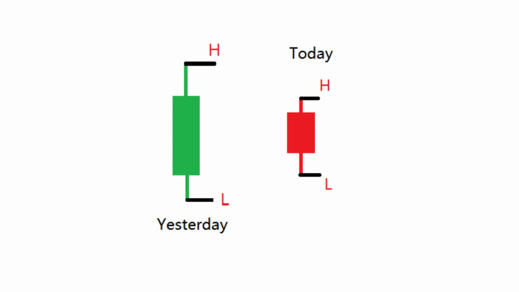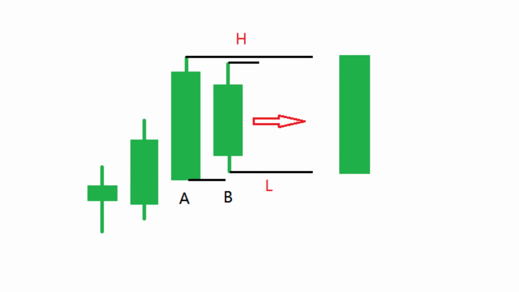Today, we aren't trading. We are cleaning the raw data. We are washing the windshield. So, how do we clean this up? We don't just delete the bar, we merge them. We combine these two K-lines into one. But there is a catch. The way we merge them depends entirely on the trend that came before them. Are we in an uptrend or are we in a downtrend?